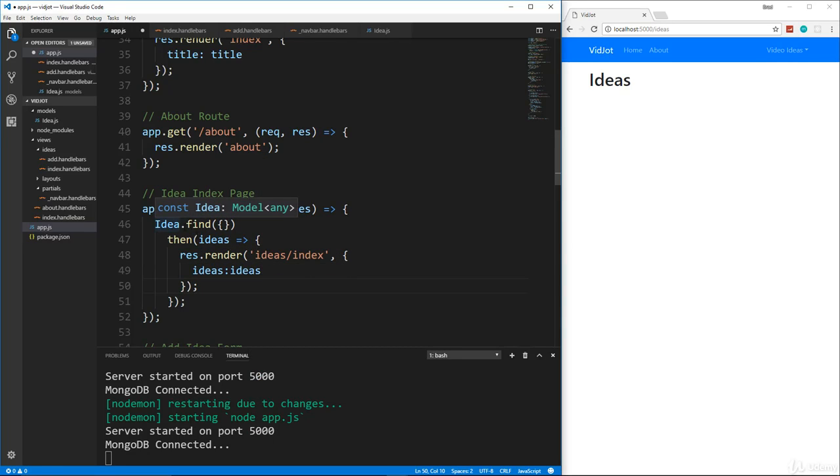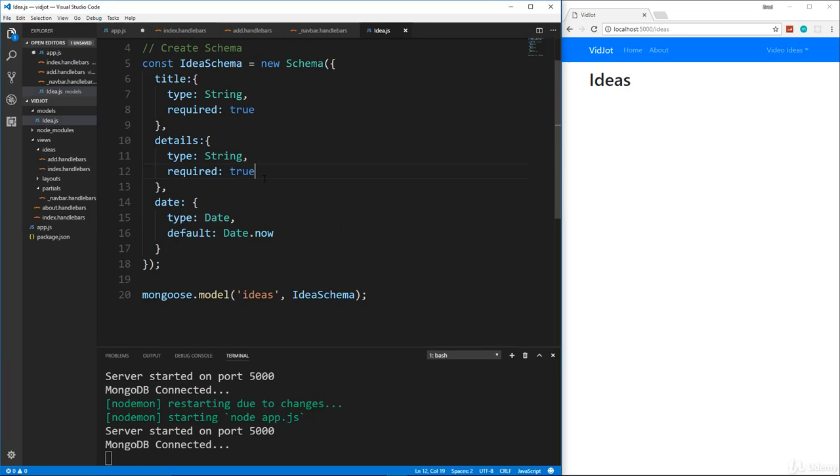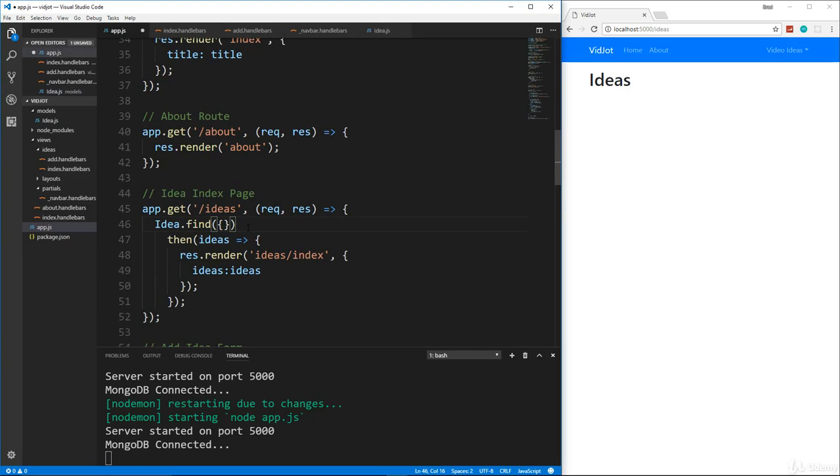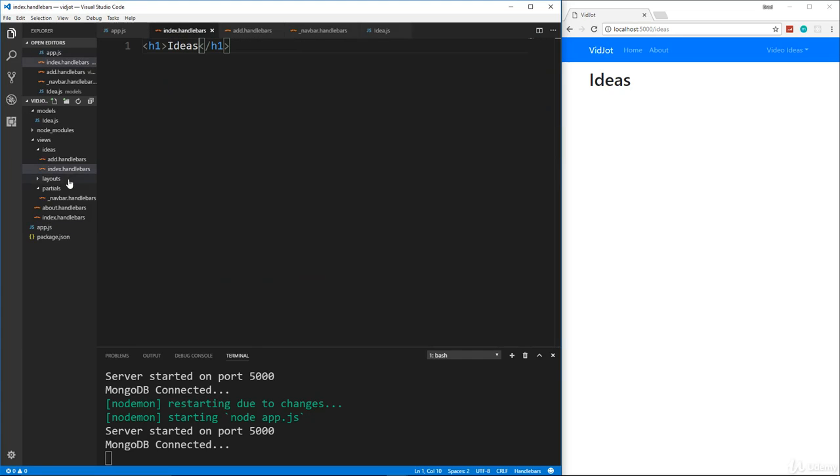And one more thing I want to do is I want to sort it by the date. Okay, if you recall in our model we have an automatic date that goes in. So what we'll do is we'll just go right above the then. This should actually be .then. And then yeah, we'll go right above that and we'll say .sort. And we're going to pass in here date, and we want to sort it by descending, okay, or in descending order. So let's save, and now what we'll do is go back into index, our views ideas index.handlebars, and we're